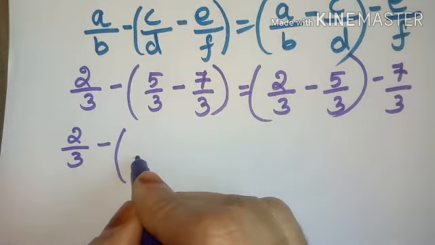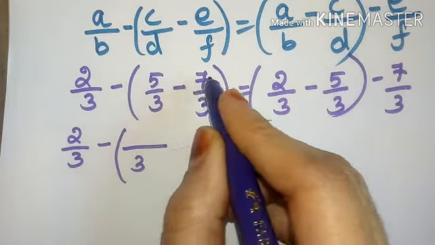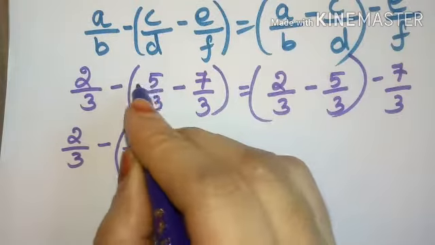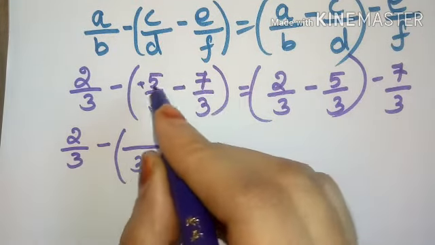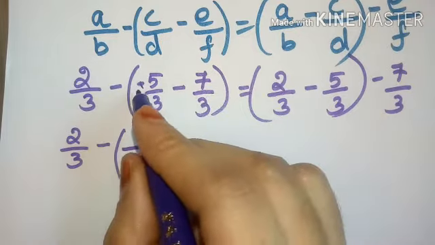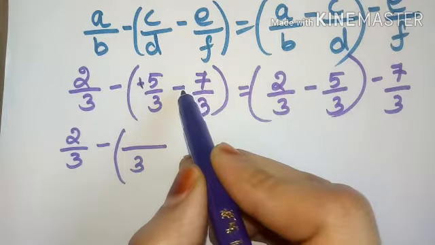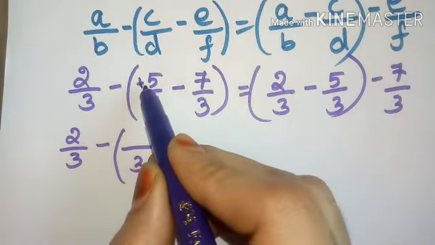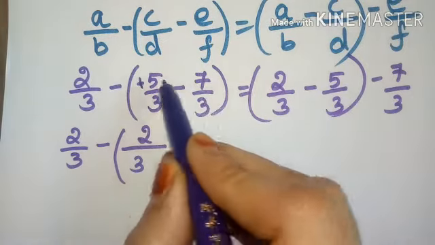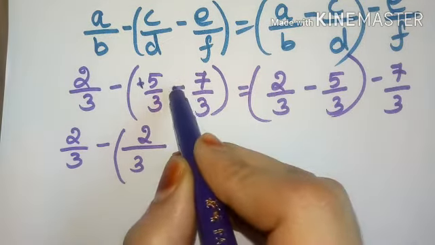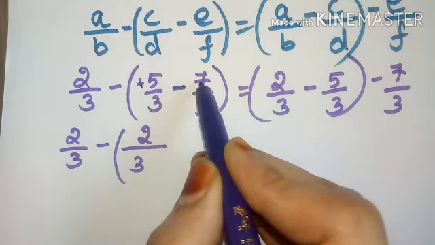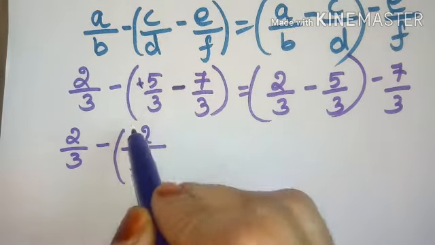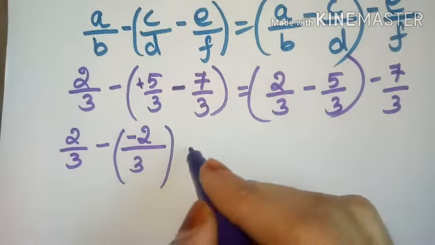Minus, here 3 is the common term, so 5 minus 7. One term is positive and one term is negative. Here what we have to do, we have to subtract both terms. While doing the subtraction we have got 2, 7 minus 5. After that we have to write the symbol of the greater number. Which is the greater number? 7 is the greater number. What is the symbol of 7? Minus. So minus 2 by 3.